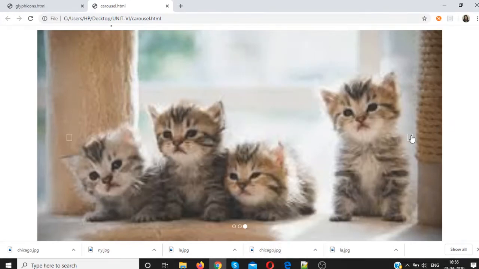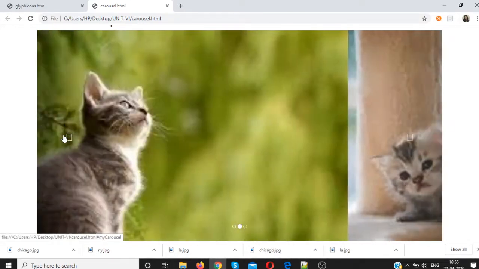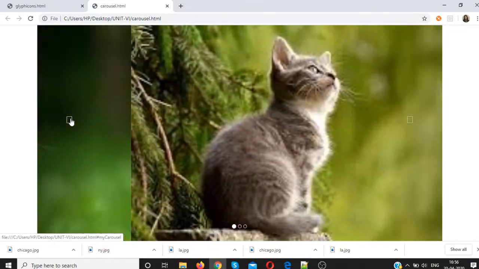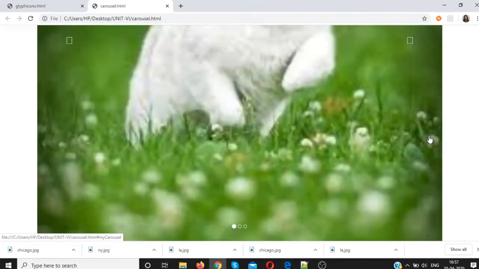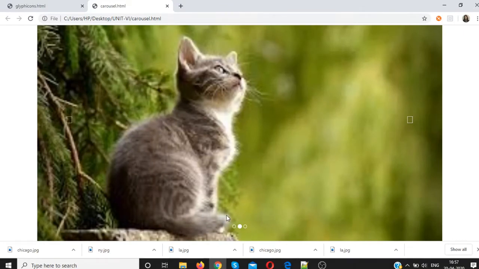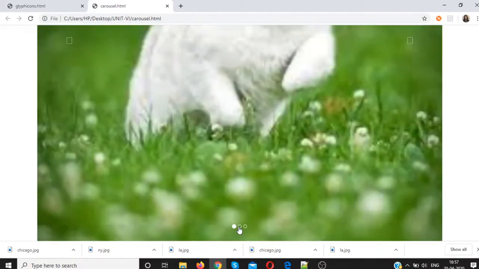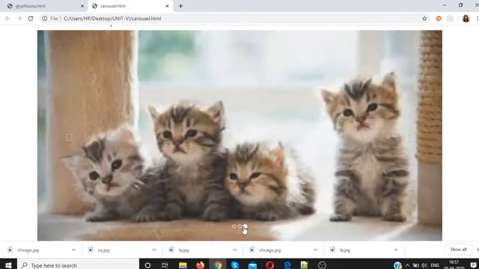You can see this is the output. We have these three images here, and you can slide between all three images. Here you can see there are three dots, circles, which give the information on which image you are looking at now: first, then second, and then the last one. So for this sort of sliding between images, videos, or iframes, you can use the Bootstrap carousel.